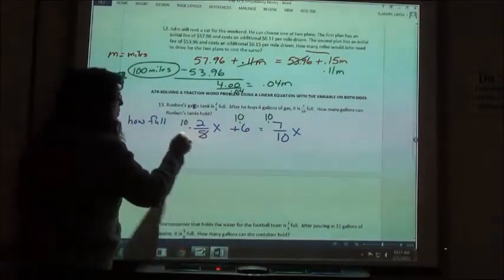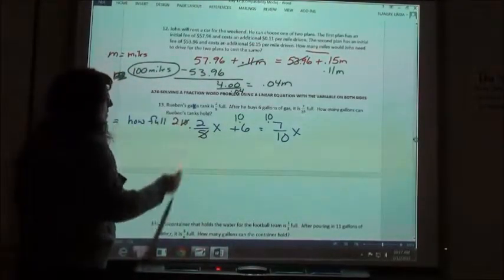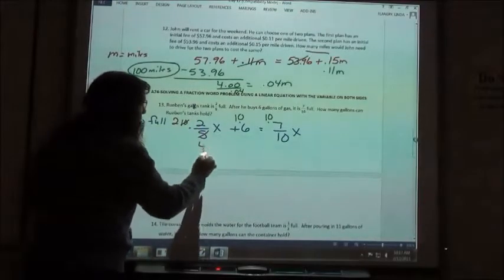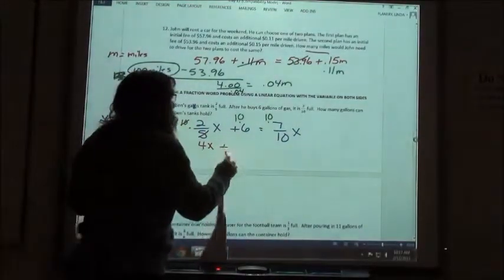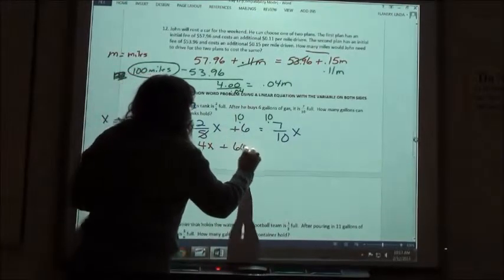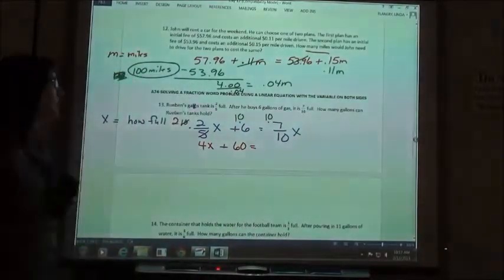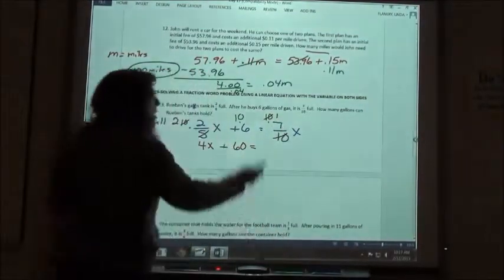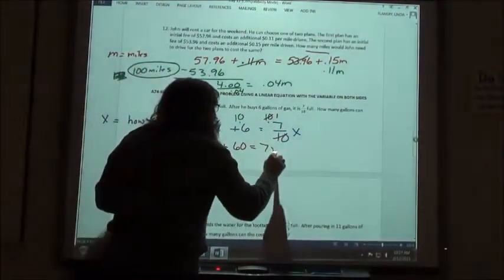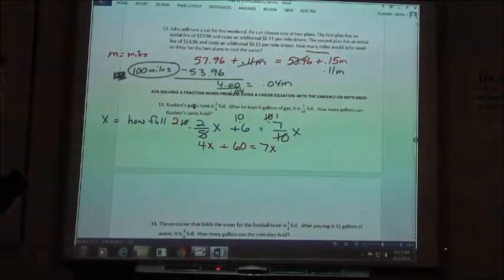So 5 goes into 10 2 times. 2 times 2x would be 4x. Plus 10 times 6 is 60. 10 goes into 10 one time. 1 times 7x is 7x. Solving that,